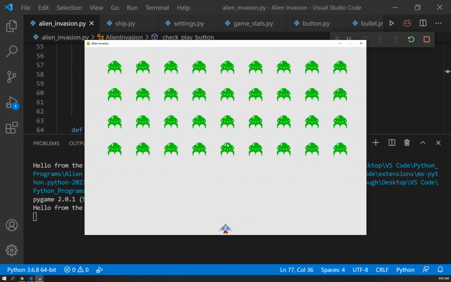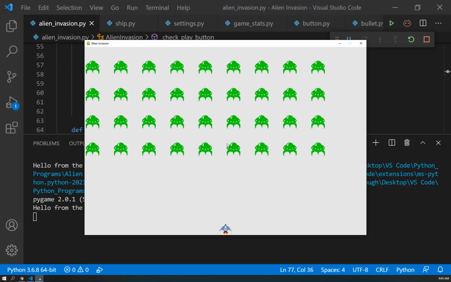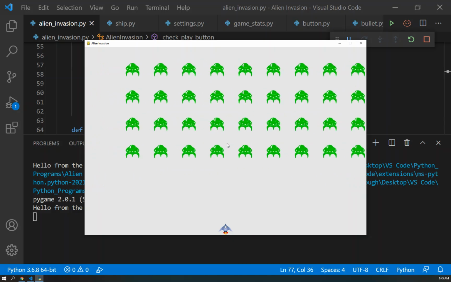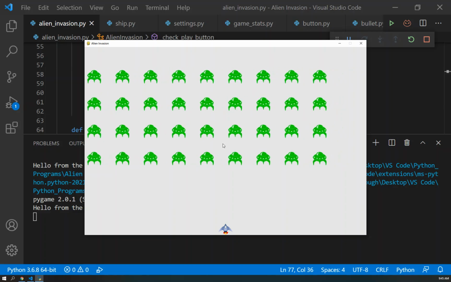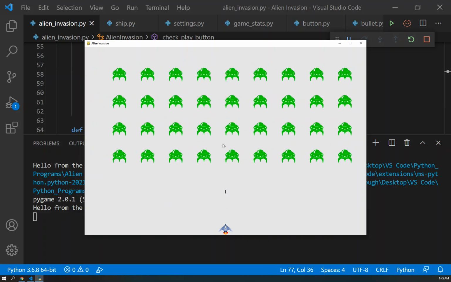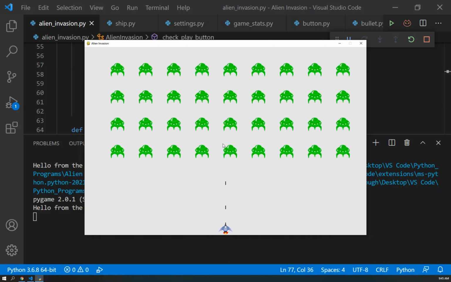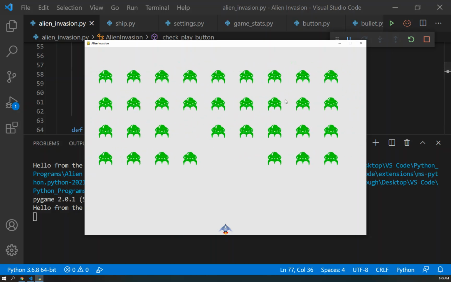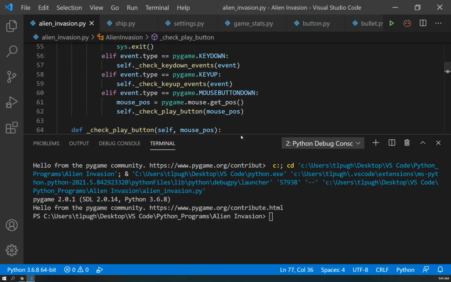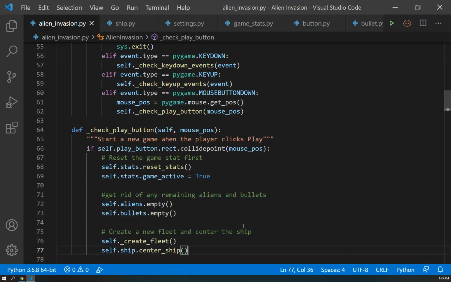And watch what happens if I accidentally click. Even though you can't see the play button, it's still there. So if I click where the play button is, it still resets. So we got a little bit of a problem that we're going to have to fix. And to do that, we're going to have to deactivate the play button once it's been clicked. So we start the new game, and